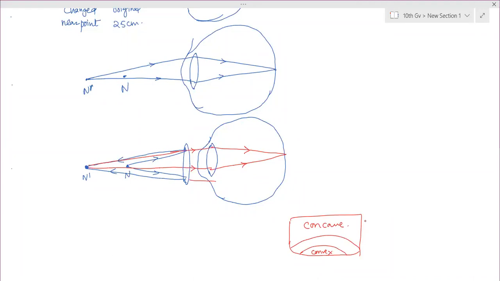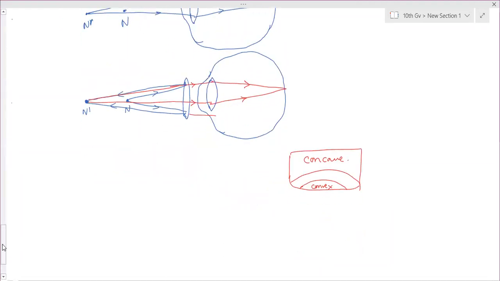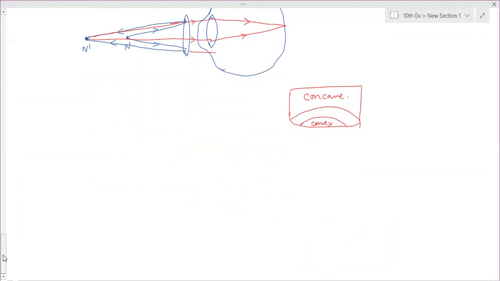The next part is, this is part of the eye, done. Then refraction through prism. So draw the diagram of refraction through prism. Ma'am, there's something called astigmatism or something, right, ma'am?